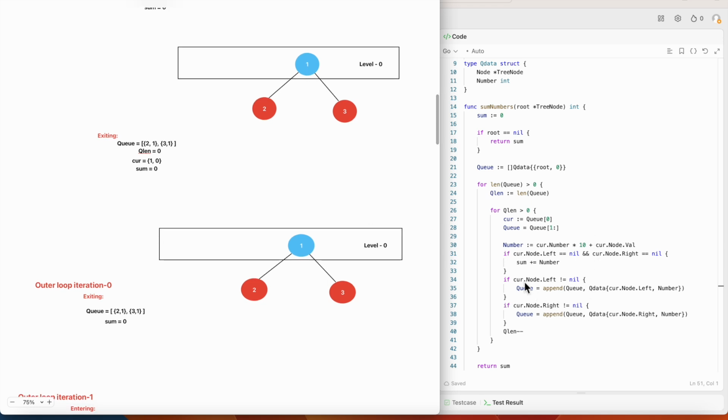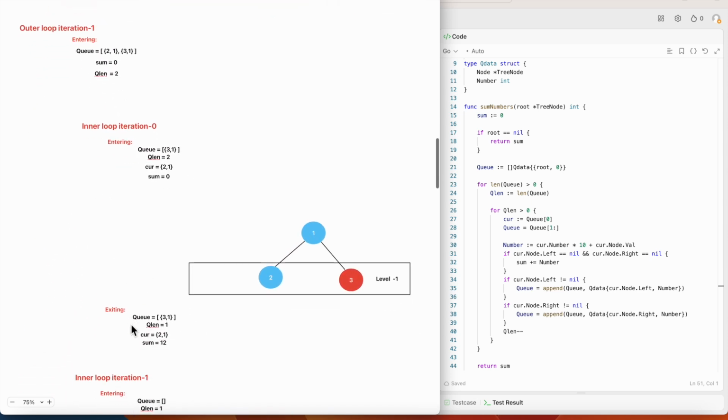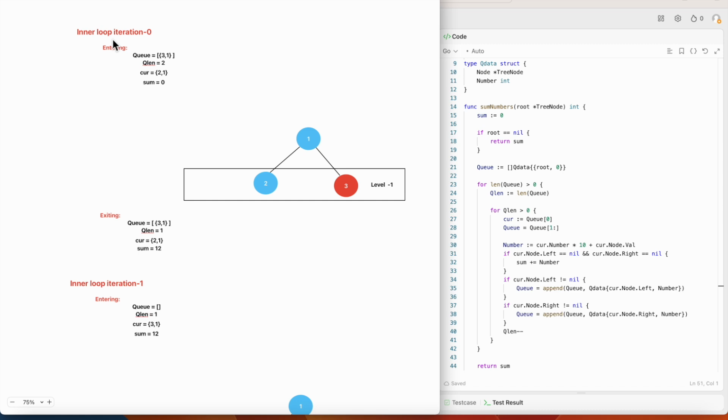After processing the one element in that level, we come to the end of outer loop iteration 0, where the queue has 2 nodes and the sum value is still 0. Then we enter outer loop iteration 1, where we compute the queue length, which is 2. Then the inner loop will run 2 times to process those 2 elements. In inner loop iteration 0, we dequeue the 2, 1,